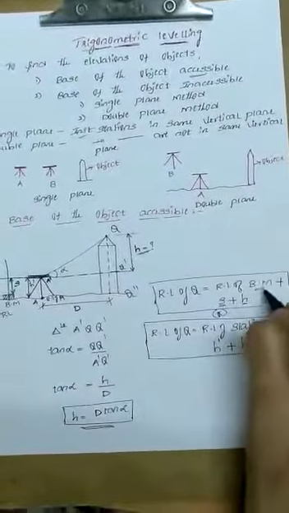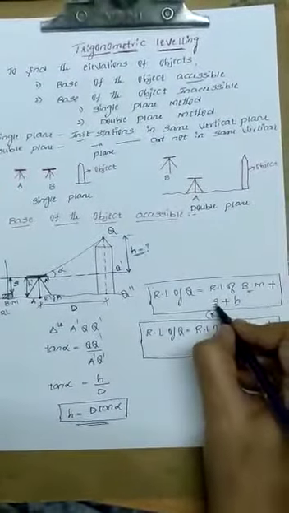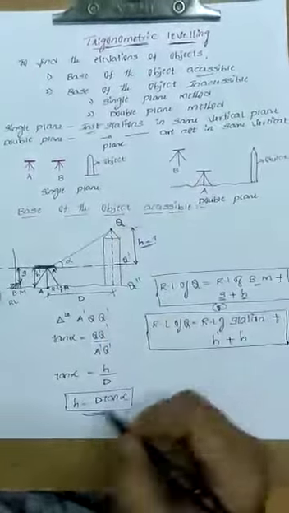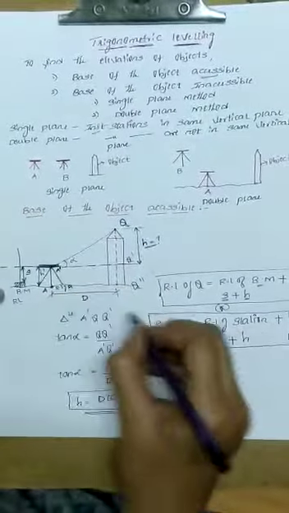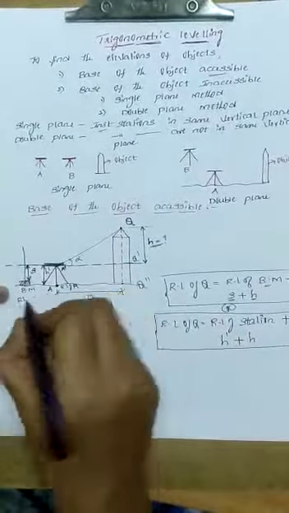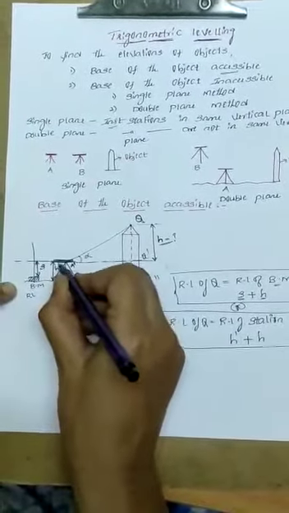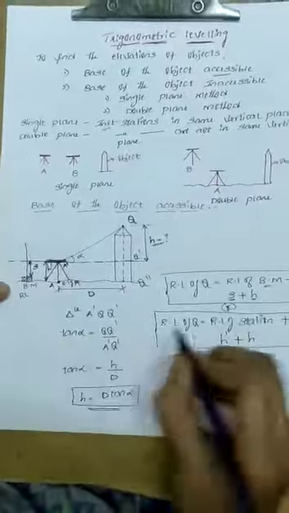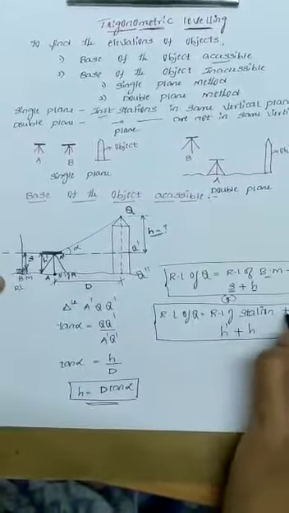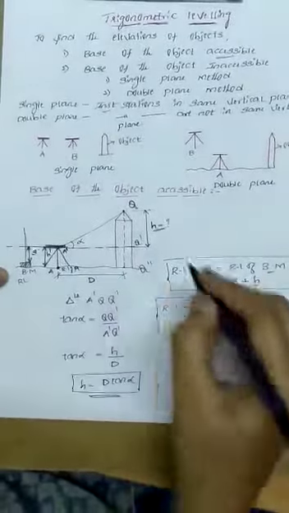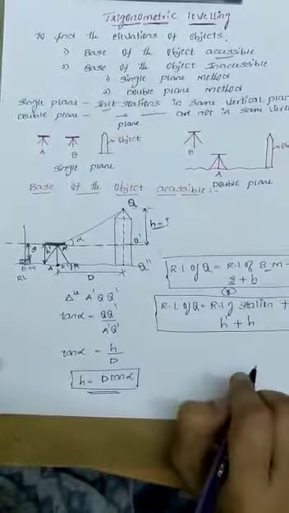One is if they have given the RL of benchmark as well as the staff reading; this is the formula to calculate the RL of this elevated object Q. If they have given the RL of the instrument station and the height of the instrument, denoted by h dash, the formula is RL of station plus h dash plus h value. This is the derivation they are going to ask you in the exam.